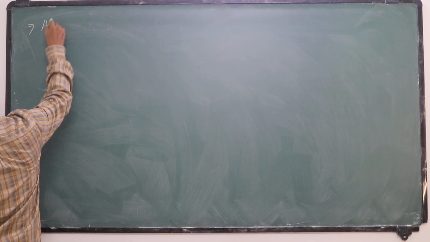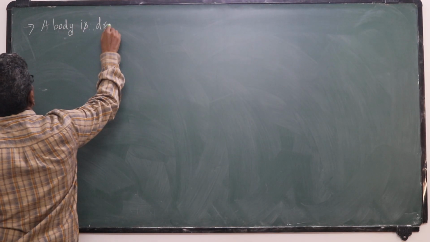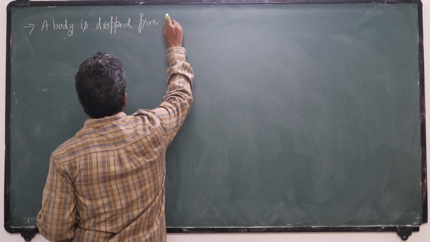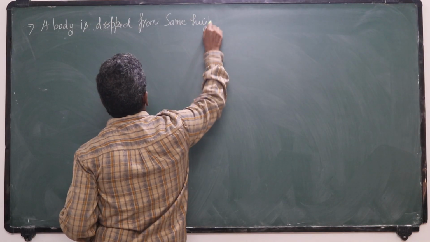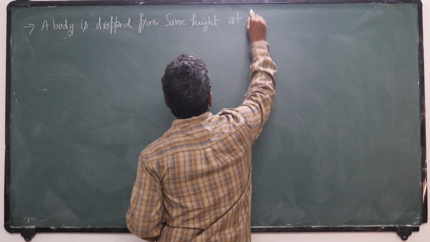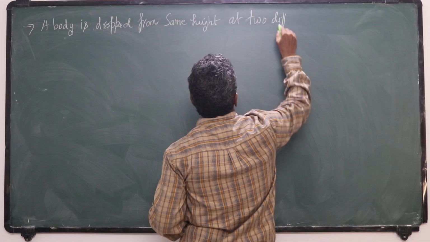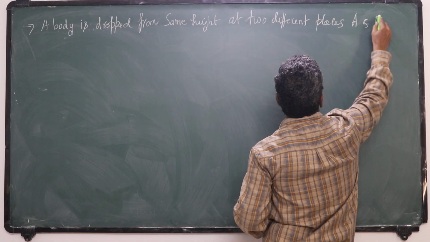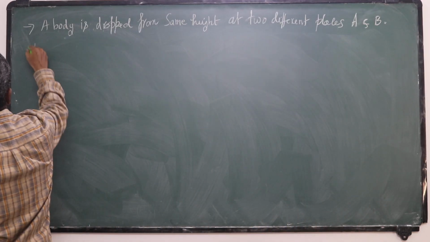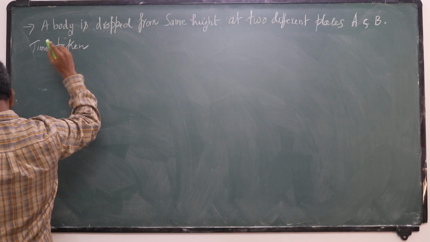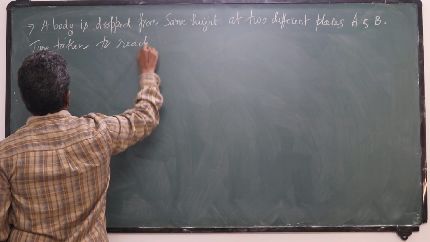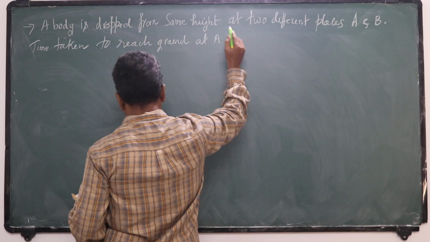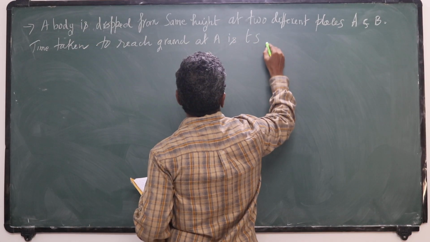So a body is dropped from same height at two different places, A and B. Time taken to reach ground at A is t seconds less,